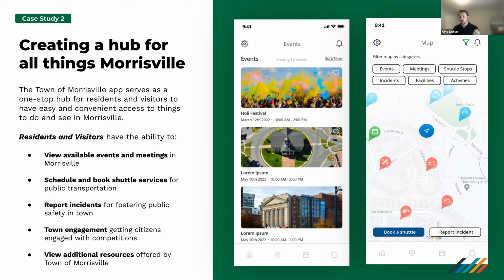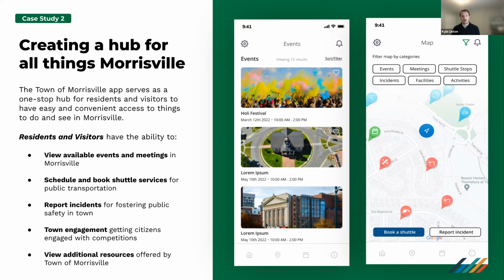I think driving that engagement and thinking through those nuanced ideas, whether that's scavenger hunts or gamification, these are some of the other things that we've been thinking about: how do we bring people back into the application, get them engaged within this community, while also giving them access to the resources that are most beneficial to them? So I think there's a real opportunity to expand upon the work that we've done in some of these areas, depending on what the top priority is based on what citizens are looking for.